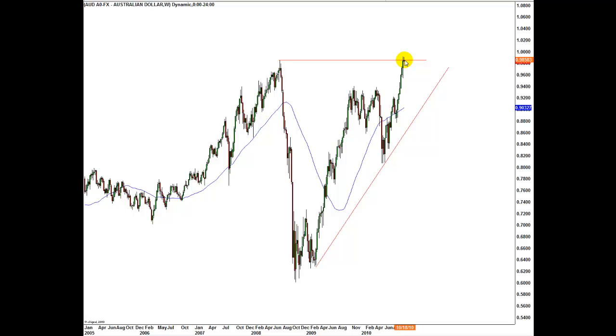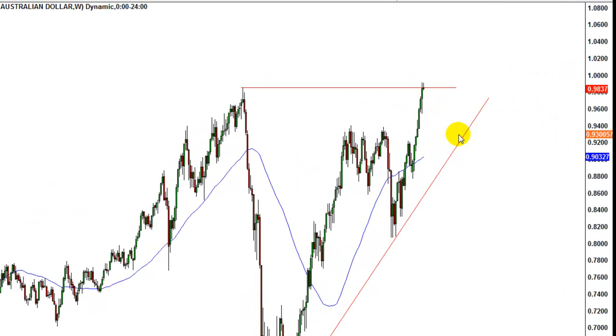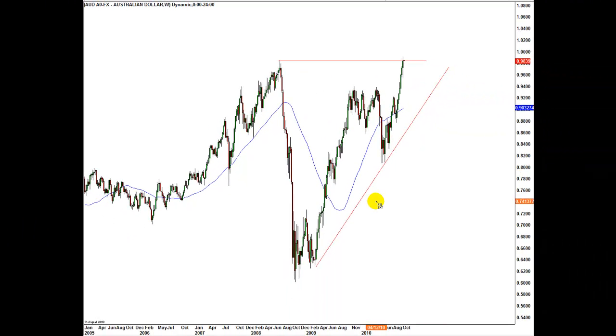The question is when, and I expect that really what's likely to occur is that this looks like an impulsive wave here, so therefore we're likely to get a very sharp retracement, which would pull down to possibly this line here, which is about the 93 odd mark, before we made a lunge later this year for parity. And in the event that we did, if we put an extension on it, we can measure this whole movement here, this wave 3,